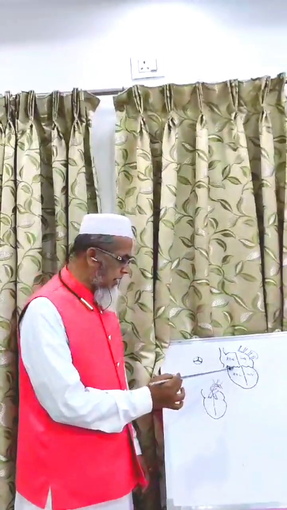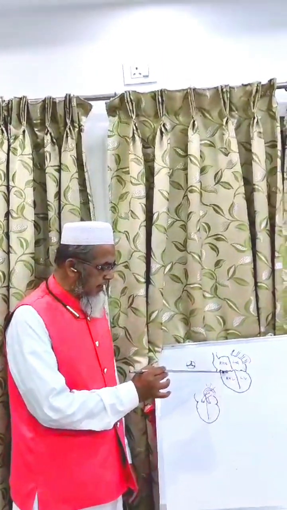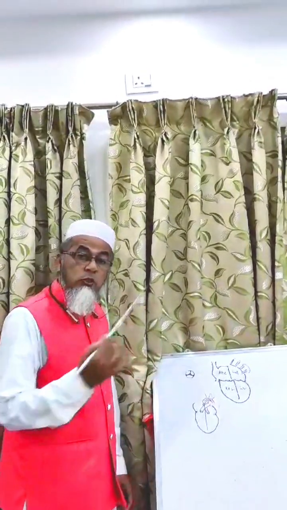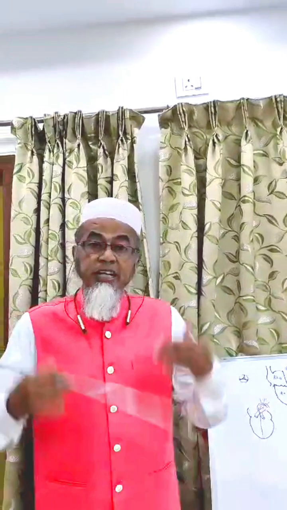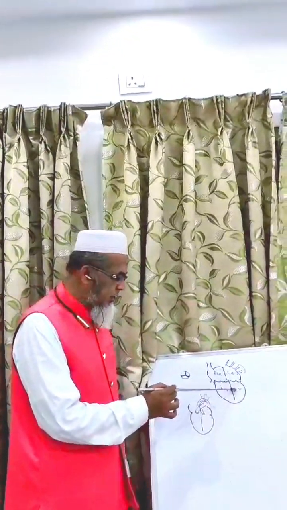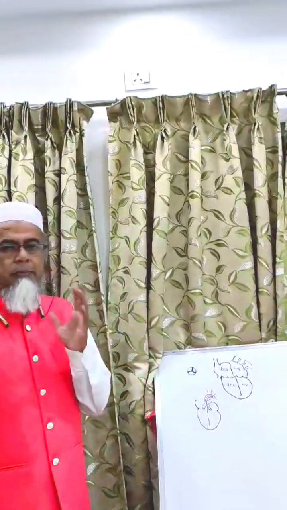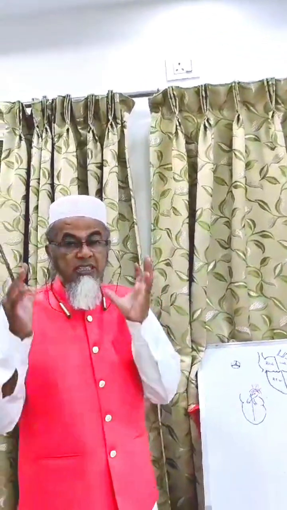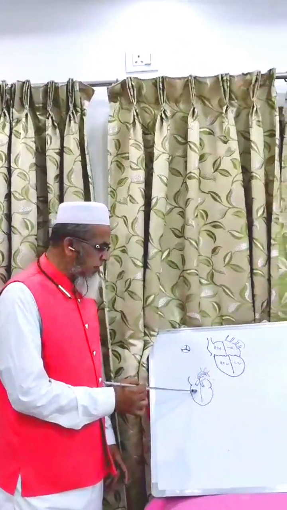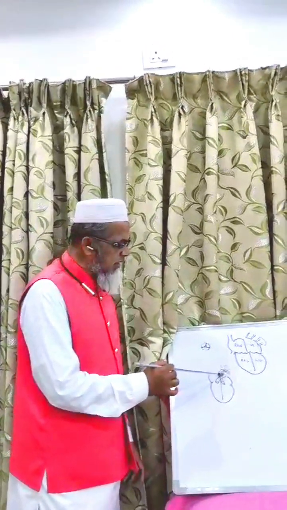Inflow obstruction means the right atria pumps blood from the right atria to the right ventricle. This is the inflow obstruction in tricuspid stenosis or tricuspid regurgitation. And this is mitral stenosis and mitral regurgitation, left atria to left ventricle. And the outflow obstruction, remember one thing, outflow is the outflow. Okay. The right ventricle pumps out the blood to the pulmonary trunk,